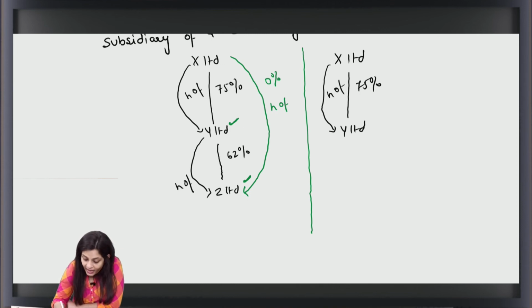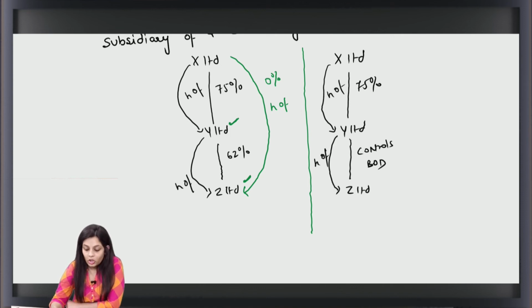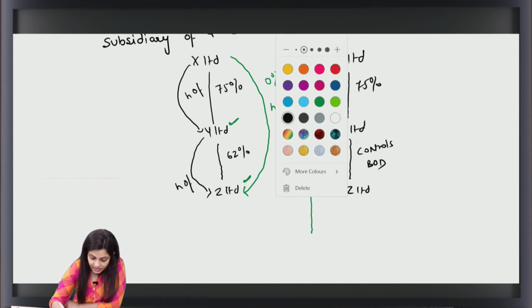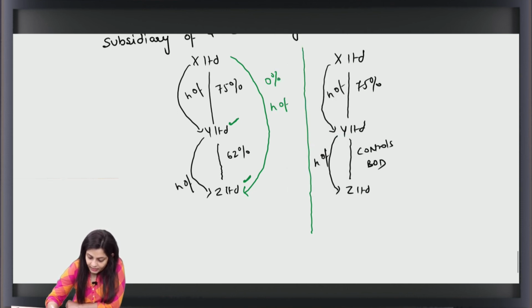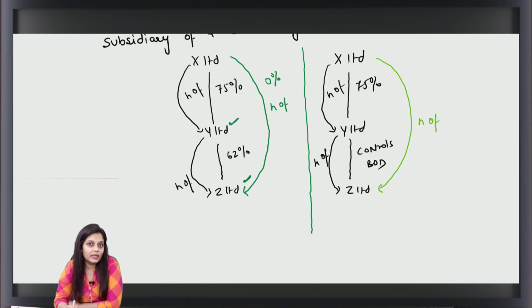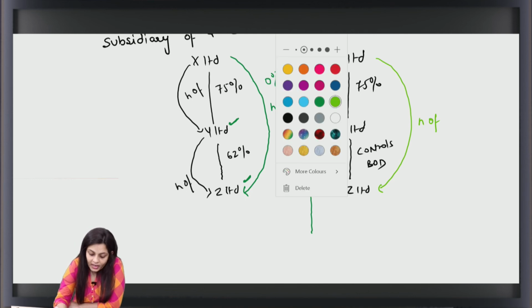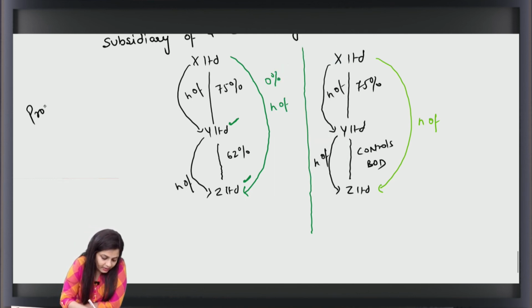Now this Y Limited, it is controlling the composition. It controls the BOD of Z Limited. So can we say Y Limited is the holding of Z Limited? Yes. Now is X Limited the holding of Z Limited? Yes. Subsidiary of a subsidiary. Now very carefully, what law says is provided